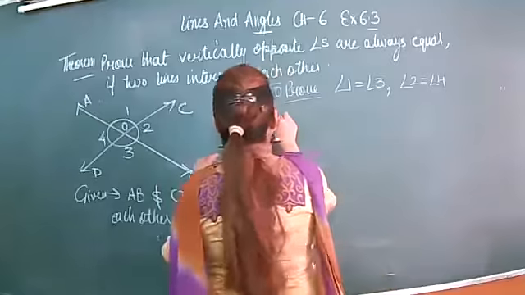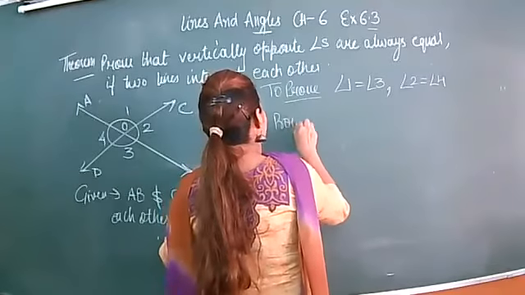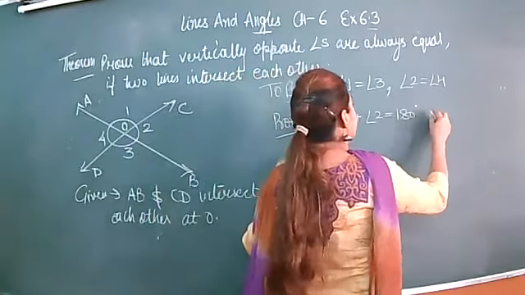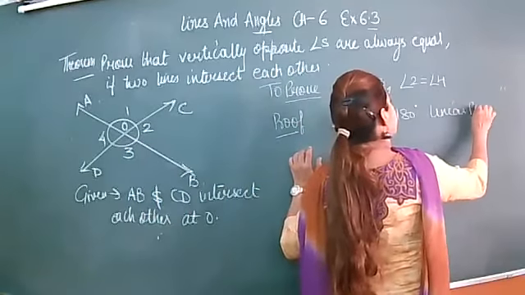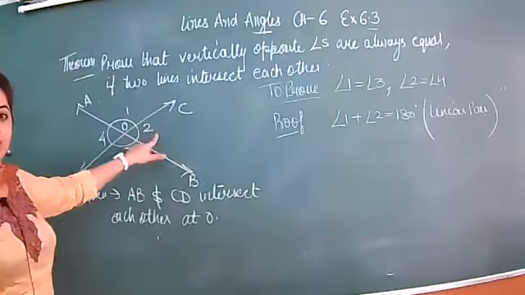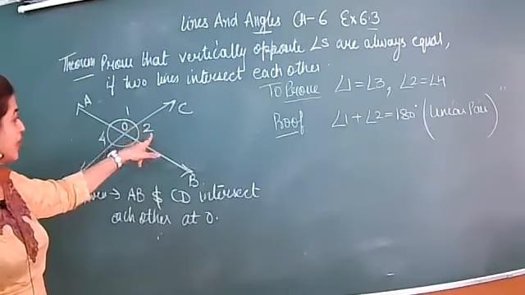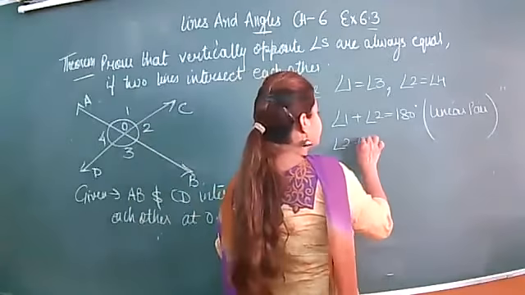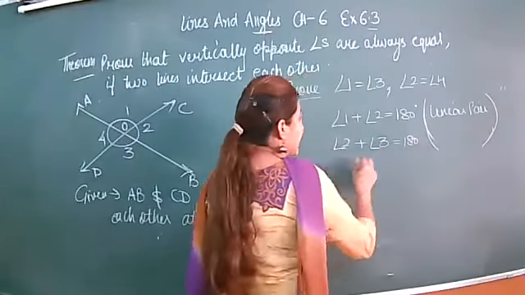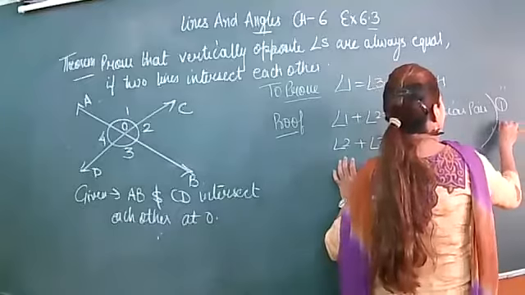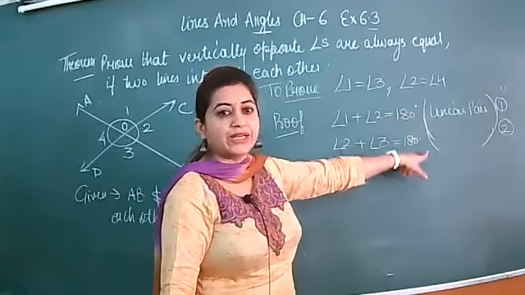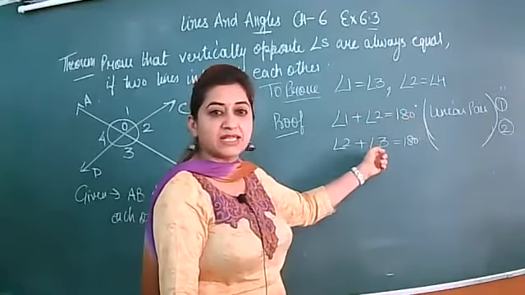Vertically opposite angles are equal. For this, what you will do, prove, if I take angle 1 plus angle 2 as 180, that is your linear pair, and take one more pair of the linear pair. I have taken 1 and 2 as 180, and can I write 2 plus 3 is also 180? The reason is again same. This is your equation number 1. This is your equation number 2. So if in these two equations, right hand sides are equal, that is 180, 180, so can I write left hand sides are also equal?